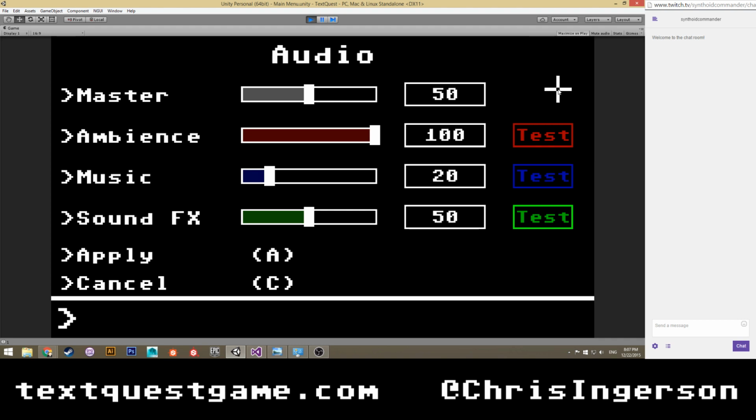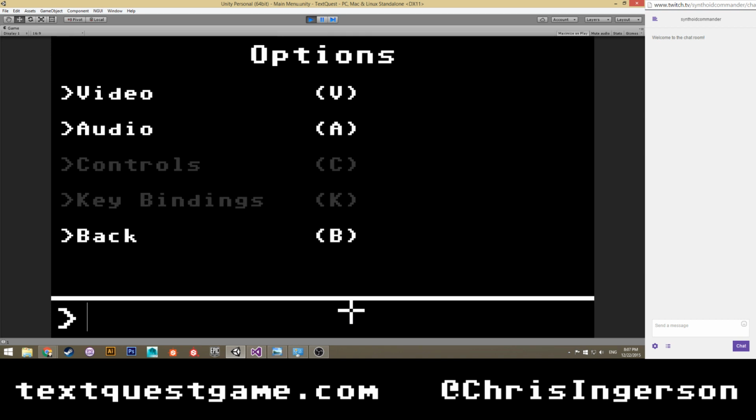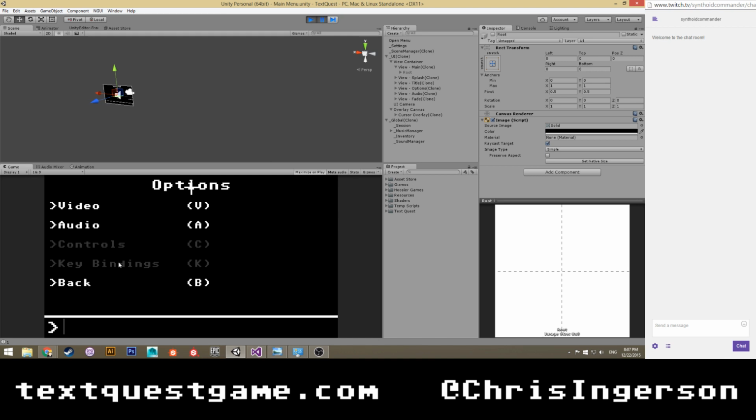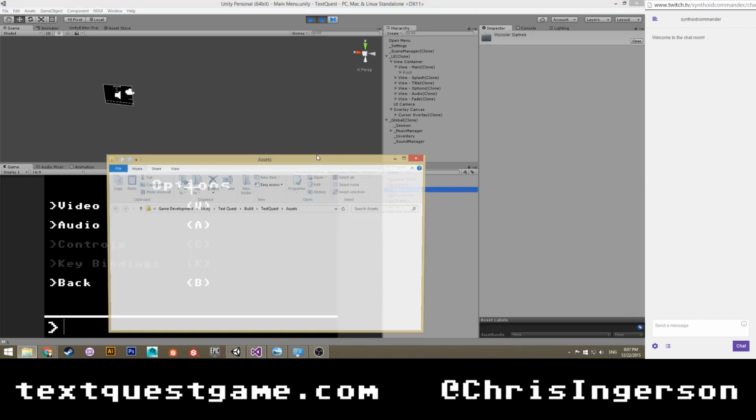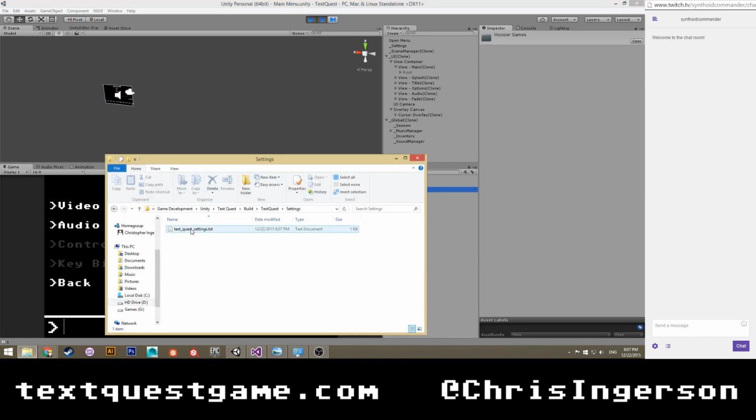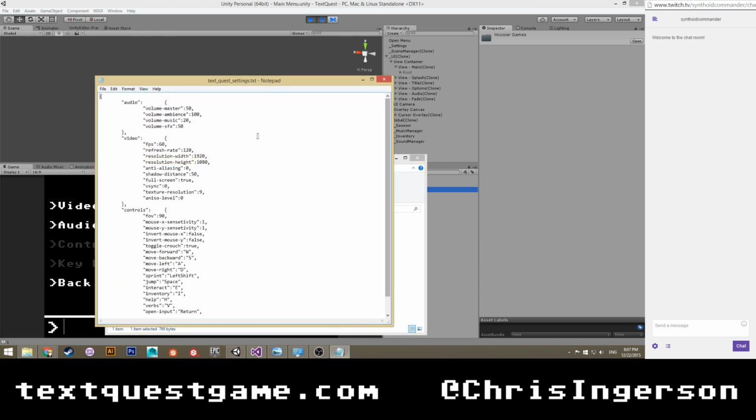And all of that gets written. It is set in the game settings, and when I actually hit apply, it'll stop playing the sounds, which is good. But then we can also pause this, and let me navigate to this real quick. We can go to our settings, and you'll see that we have a save file now. So we have volume master has been set to 50, which is what it was. Music has been set to 20, and sound effects has been set to 50. So all this stuff will be nice and organized as opposed to being crunched together in XML. So it's a lot more human readable.